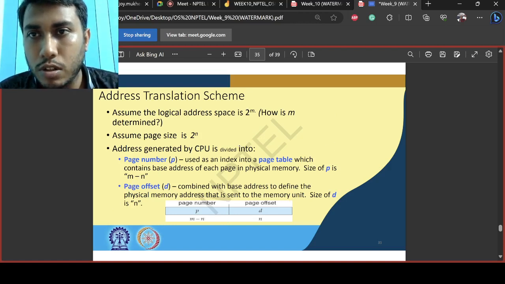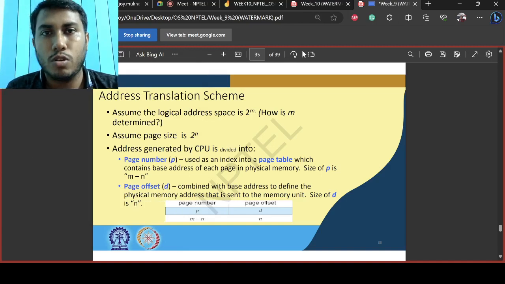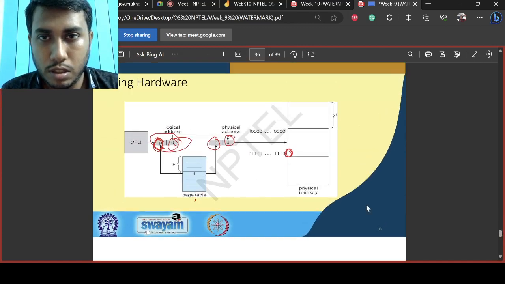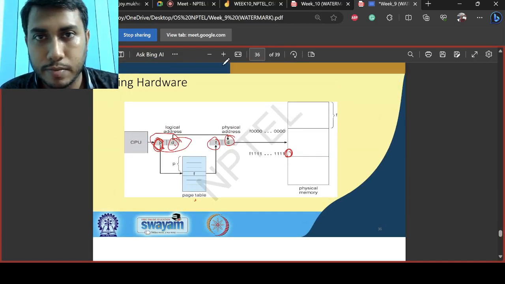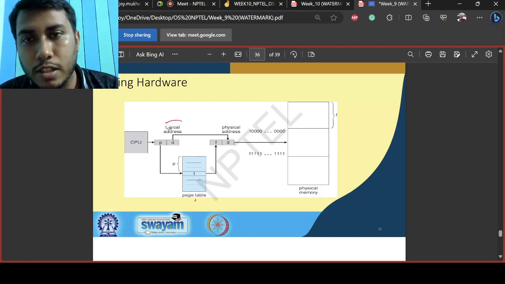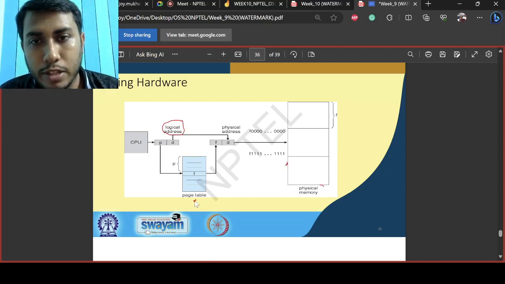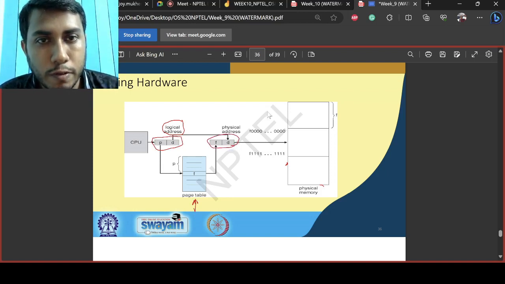Yeah. So we will look into the address translation, how the address translation is happening. So this is an example of your address translation. As I said, for the CPU you have your logical address, but the CPU doesn't know your physical address. So what it will do is consult the page table. So this is your logical address, and this is your physical address. This is your frame,